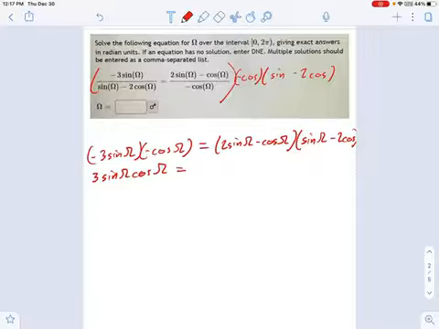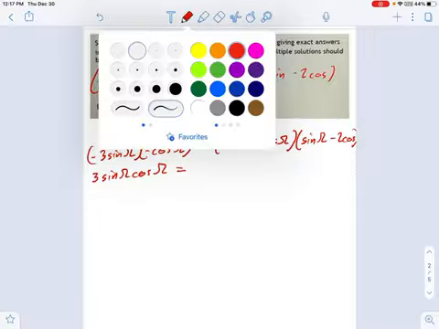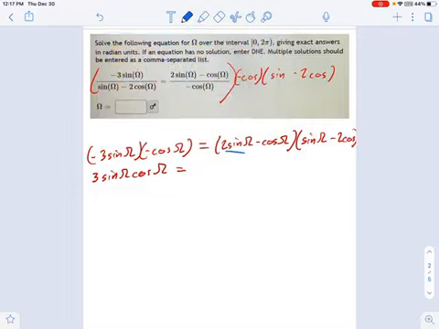On the right, there's a little bit more going on here, and I encourage you to use foiling to come up with this. First, I'm going to do negative 2 sine times sine. I'm sorry, I don't know where I came up with that negative. It's positive 2 sine squared omega. And then we'll try the outside terms right here. So that's going to be minus 4 sine omega cosine omega.